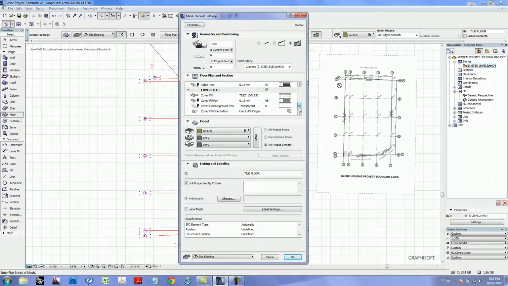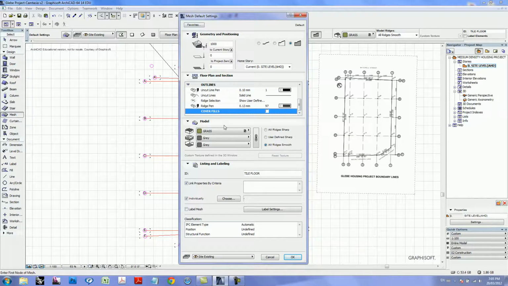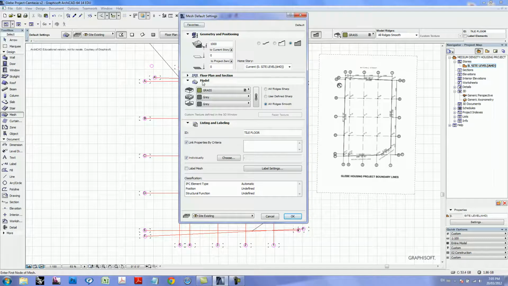Generally in ArchiCAD we're fairly restrained with cover fills. You may consider a cover fill, for example, for pine decking, where you'd have horizontal lines to indicate the planks, or for roof sheeting, or tiles if you have tiles for, say, a patio. But in this case it makes no sense to have a cover fill for the mesh, so we'll just untick it. And then for the model